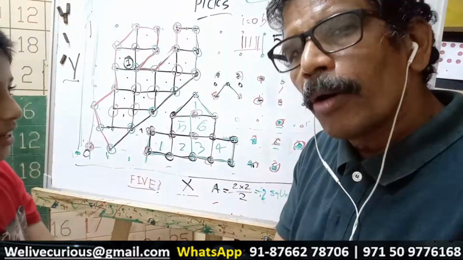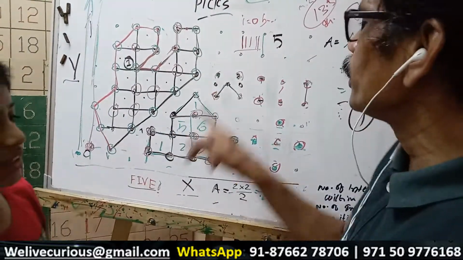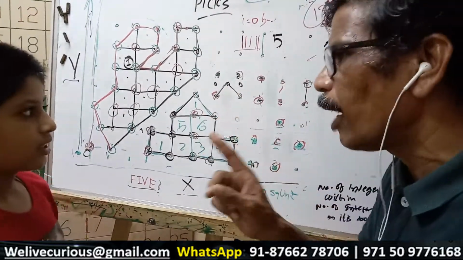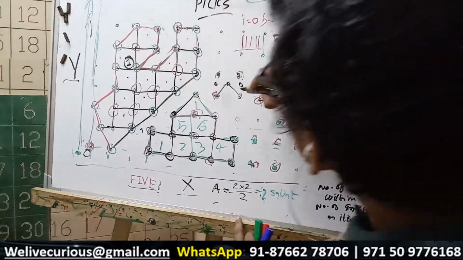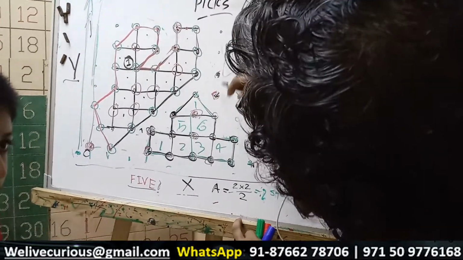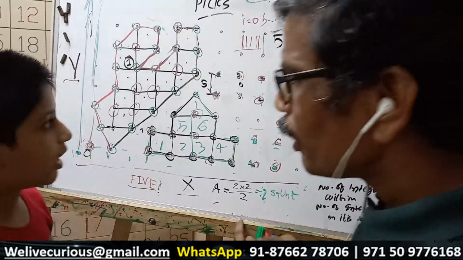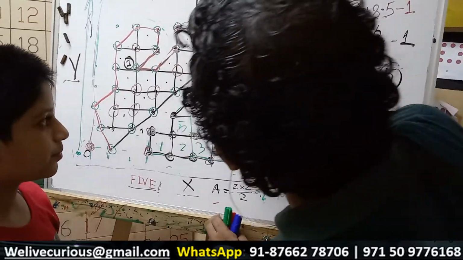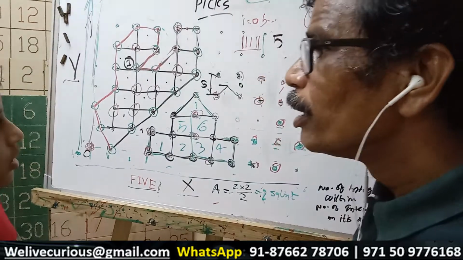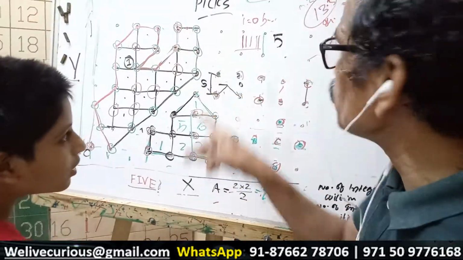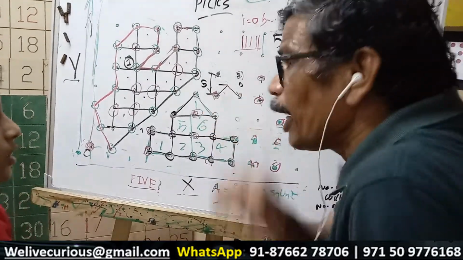The problem is, what if the number is not an integer? You can grab this point using a graph if it is an integer. Suppose from here to here it is 5 millimeters. Okay, 5 millimeters, fine. But your triangle is only this much, 1 millimeter. Oh no. How will you use it? If you don't use a 5 millimeter square, then use 1 millimeter. You can still grab this point.